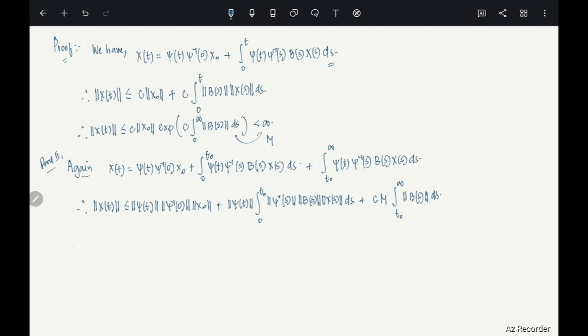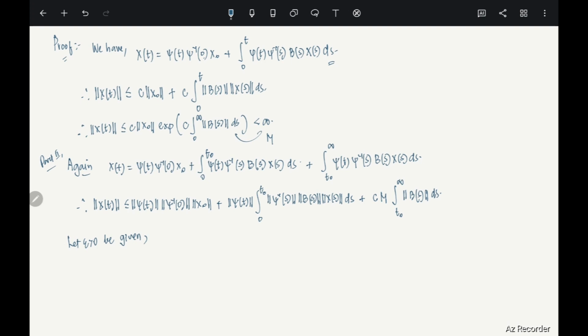Okay, now let epsilon greater than 0 be given, small enough. Again, this part of the theorem, I am not doing it explicitly. I am not doing every single line. What I want you to do is please check it yourself. This is very easy actually, but I am still doing it. But I will leave some gaps. I want you to fill those gaps. Now,